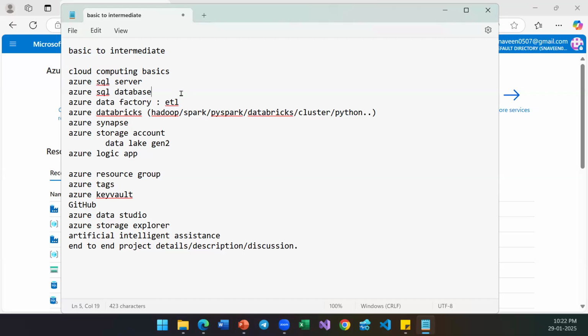As a prerequisite, to answer your third question, you should have some knowledge of how to have data in an Excel file, a JSON file, or a CSV file. And if you have a little SQL knowledge, a little is enough. You need not be intermediate or expert level on SQL. That's good enough to go by. This syllabus doesn't need a candidate to have any knowledge of Azure. This is completely for beginners.